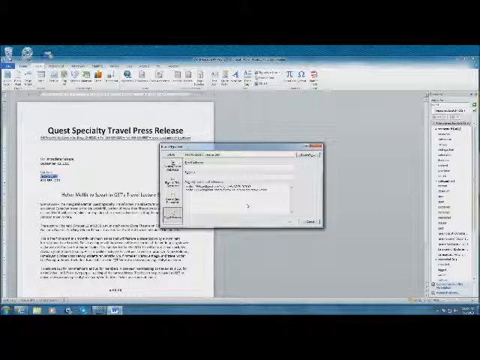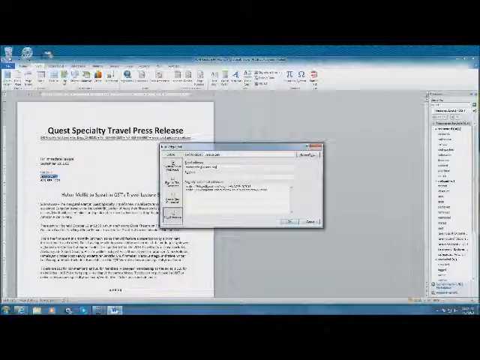And then type in, you can make up some fictitious email or you can use one that you automatically have. And for the subject, type travel lecture